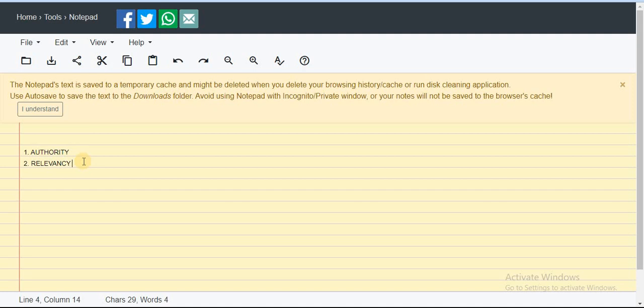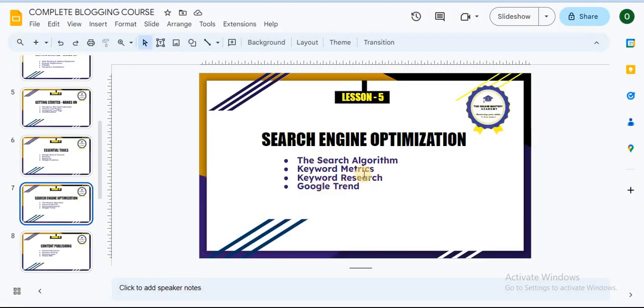With time, you'll start going into building backlinks, building the required authority, guest posting, and all of those things. Now, since you understand the search algorithm, we're going to talk about the keyword metrics and the rest right away. To summarize the search algorithm, you need to understand that Google search ranking depends on